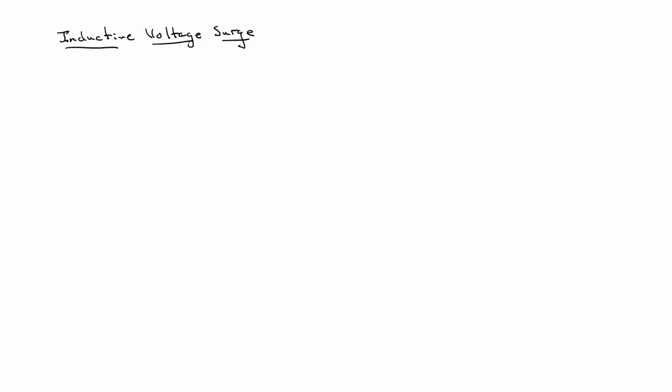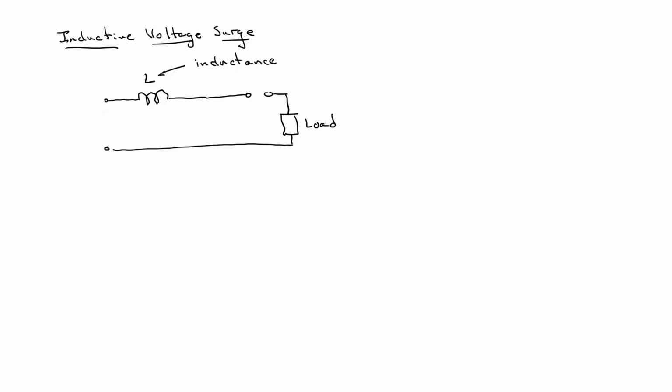My model will lump all of the inductance in the power line into a single equivalent inductance L. The line is supplying power to a load, and there's a switch here that can turn power off to the load. Got a generator at this end of the line providing a voltage V sub G. I want to find out what happens to the voltage V sub S just to the left of this switch